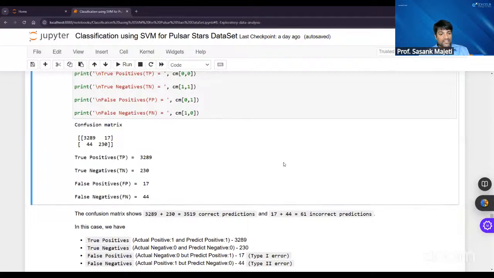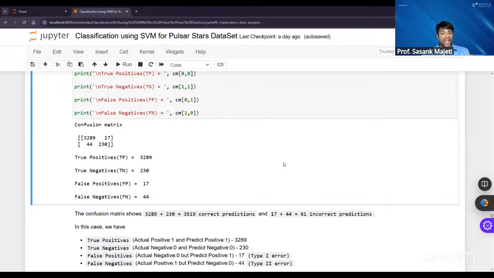So the matrix has built 3289 true positive cases, 17 false positive cases, 44 false negative cases, and 230 true negative cases. Now, always remember the true positive cases and the true negative cases divided by the total number will give you the accuracy. So here you can see when you calculate the accuracy, you are getting an accuracy of around